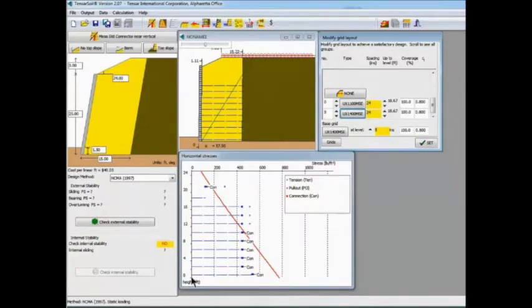So you can see at the bottom of the wall the stresses are greater, and at the top of the wall they are less. What we need to do is make sure that all of the endpoints of the geogrids end beyond the red line here. Now this is not the geogrid lengths, this is the geogrid contributing strengths. So every point that falls to the left of the red line is failing and is not sufficient for the design,